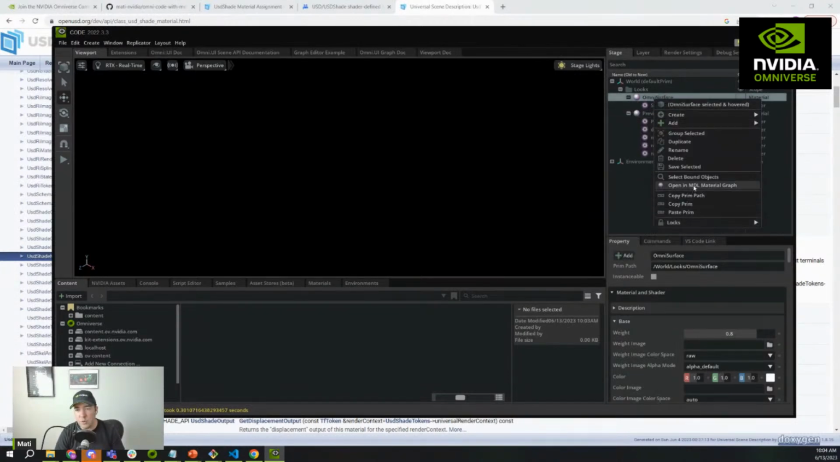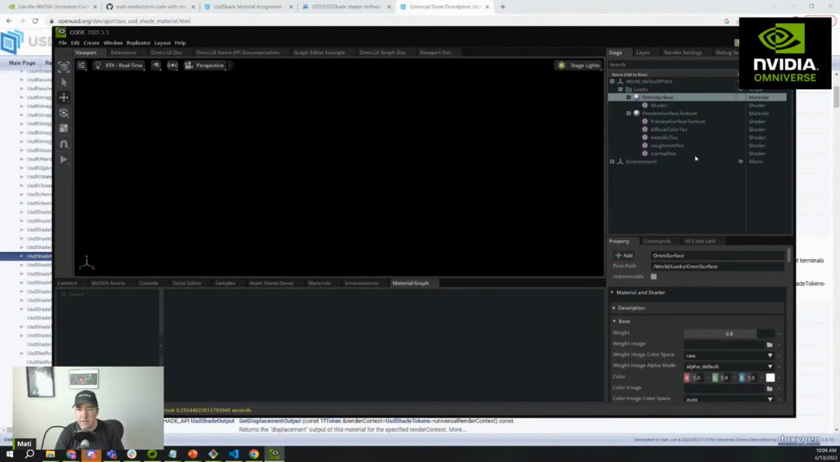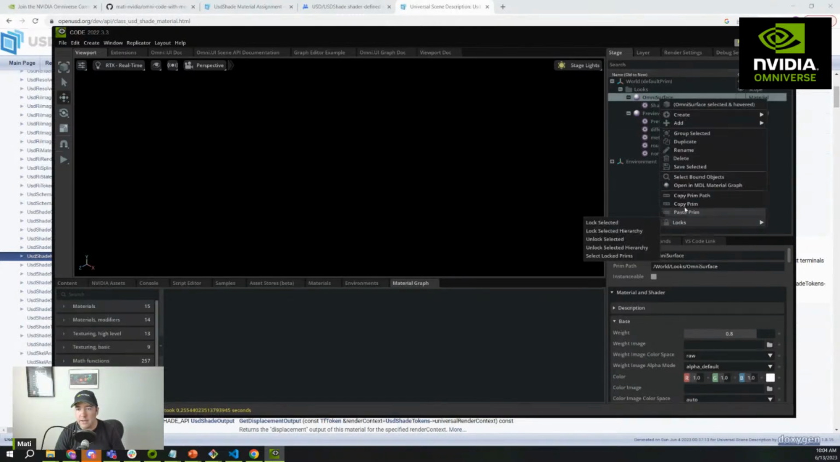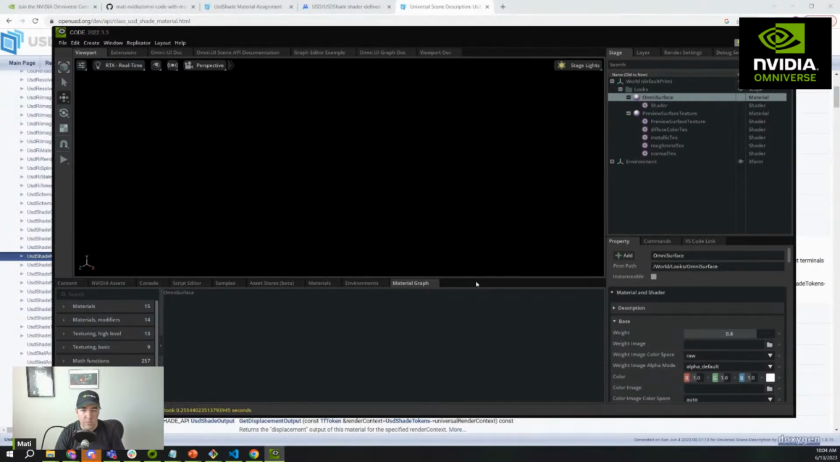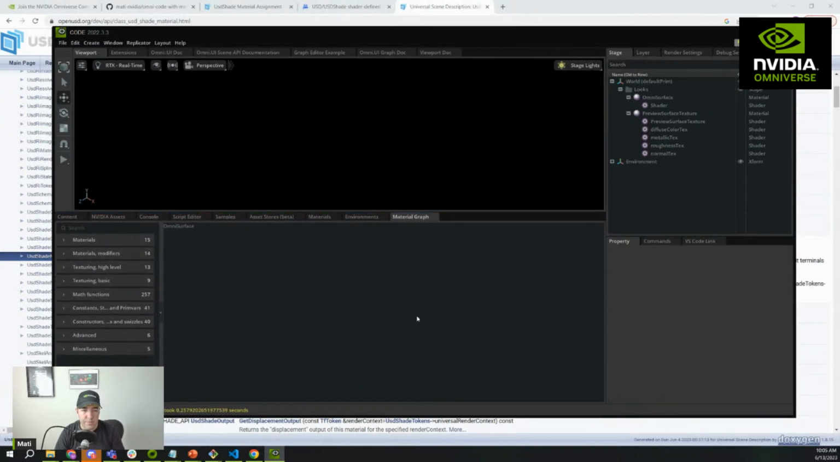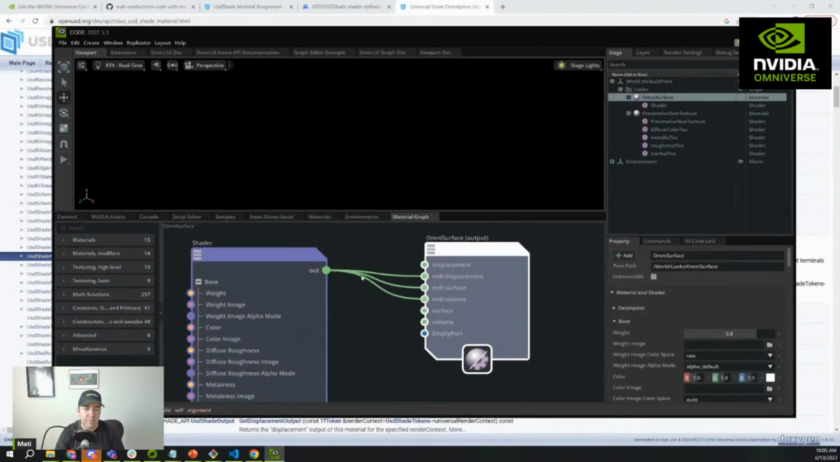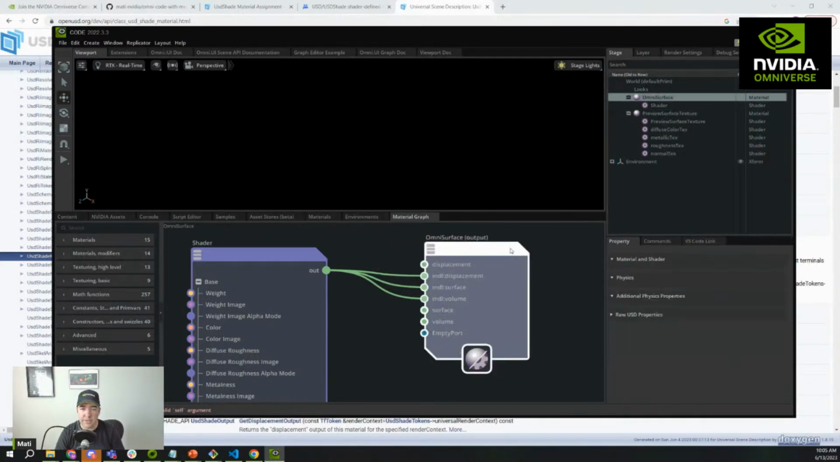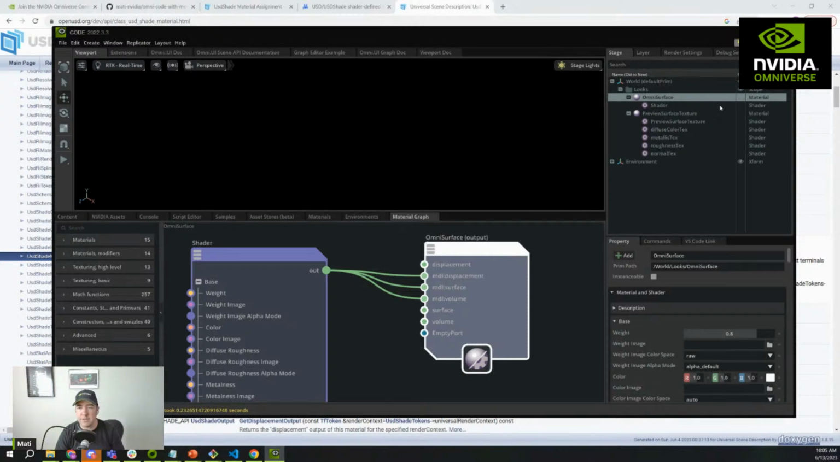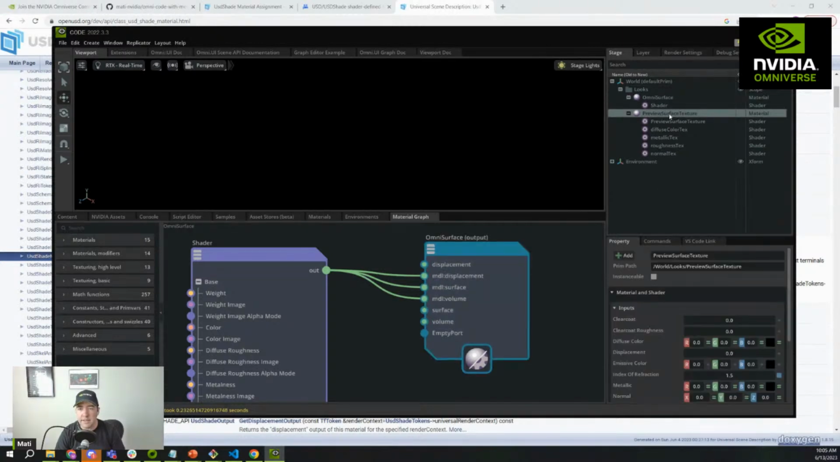If I open these within the graph editor, there we go. This one is an Uber shader, and it has these outputs that plug into MDL displacement, MDL surface, and MDL volume. This would be the material prim. You can see here that it says type material. And then this one